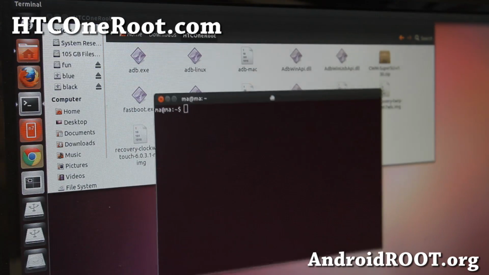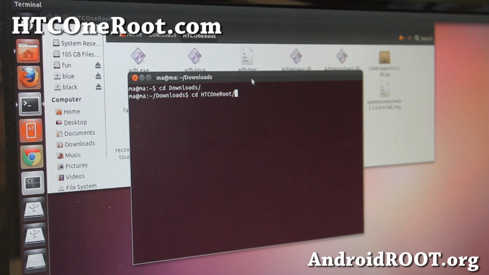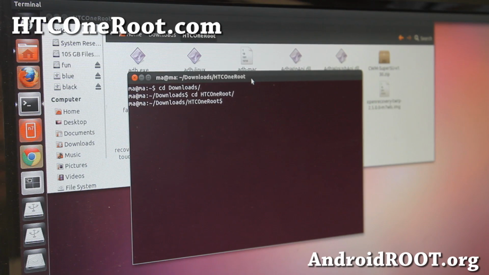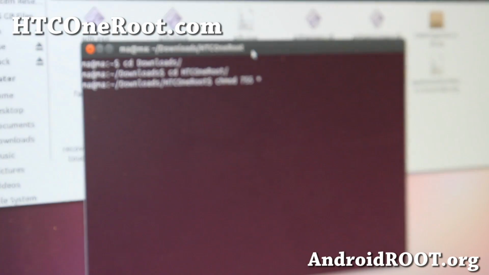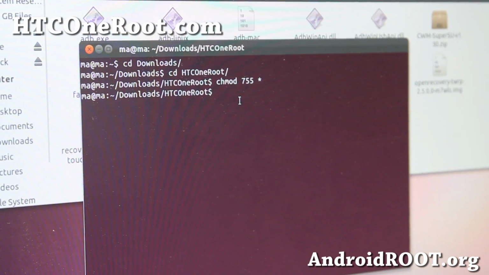We're in terminal. Type cd downloads, hit enter, and type cd HTC One root, hit enter, and type chmod 755 *. What this will do is make all the files executable so you won't have a problem with it. Next we're going to type